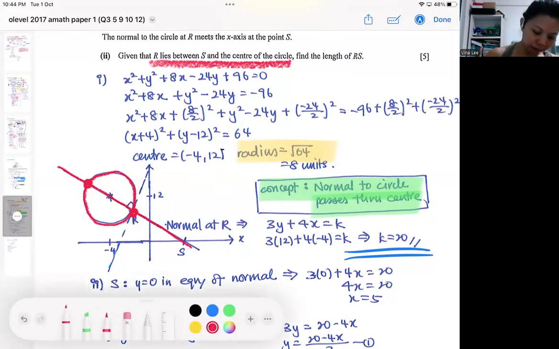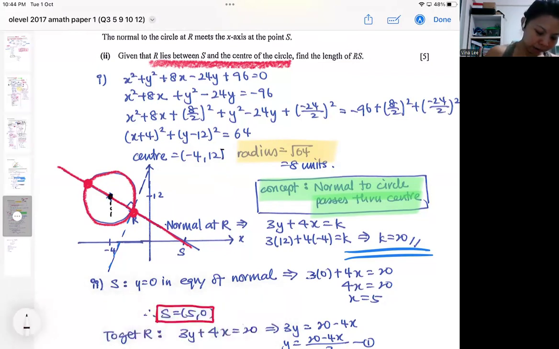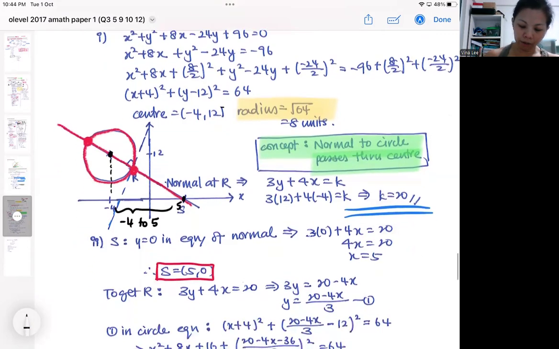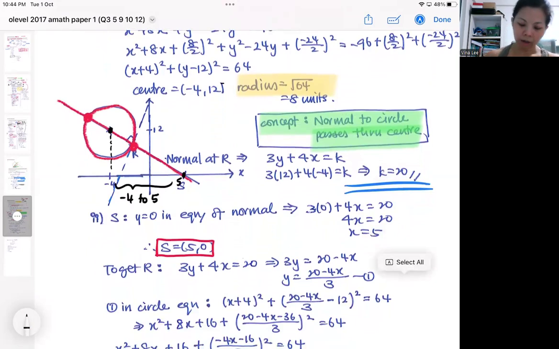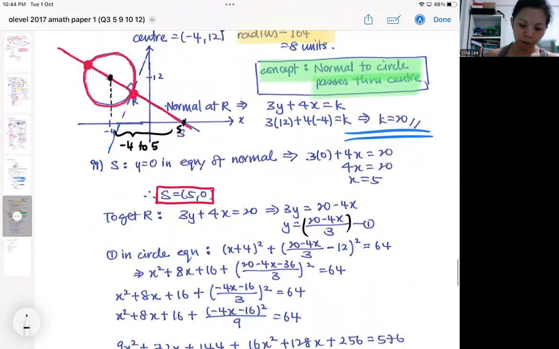So which means, right, this is the center, -4. R is 5. The X coordinate must be between -4 to 5. After you do the simultaneous between the equation of the normal and the circle, you should be expecting two answers. You should accept the one that is between -4 to 5. So you just do your normal typical simultaneous, except that it's very tedious, because if you make Y the subject,